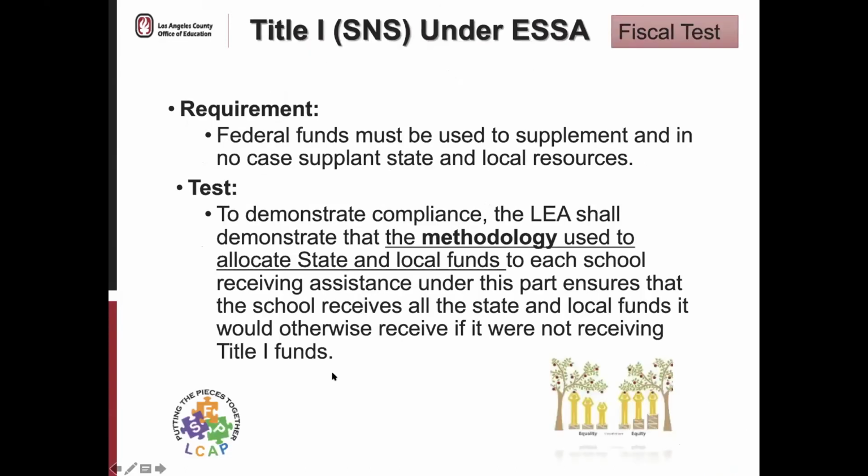Let me see, Title I is where the change was made. Okay. Title I under ESSA changed the test from a test based on the action to a test that's purely a fiscal test. And so the requirement's still there, and this is from the law: federal funds must be used to supplement and in no case supplant state and local resources. However, the test is now that the LEA has to demonstrate a methodology that they use to allocate state and